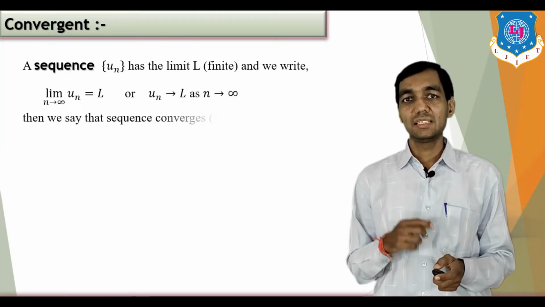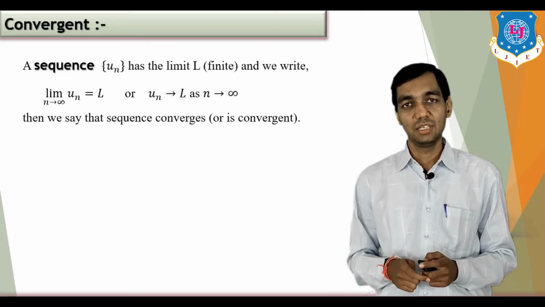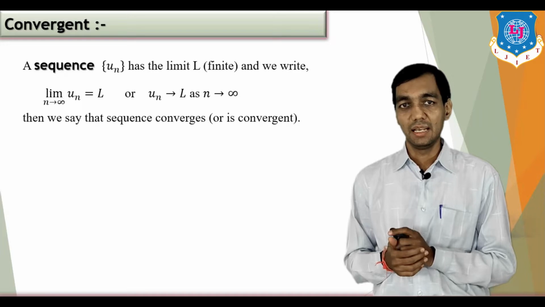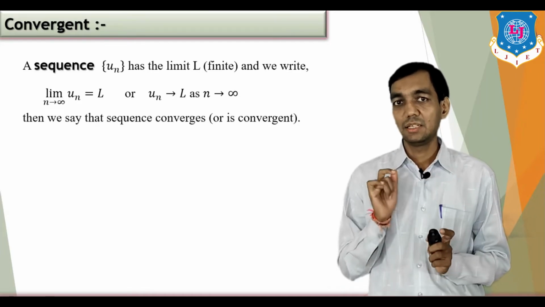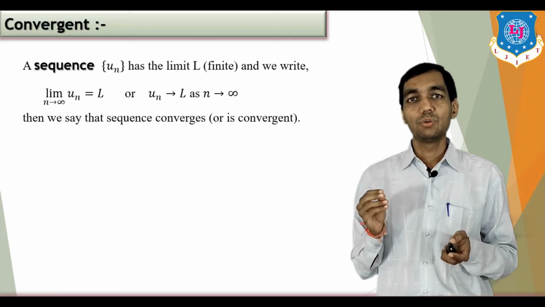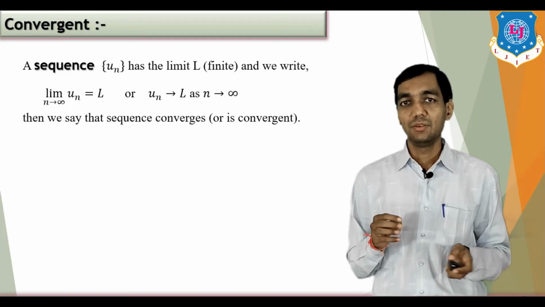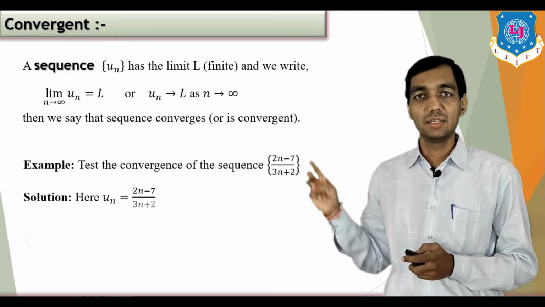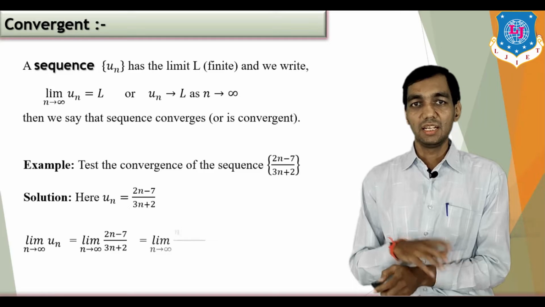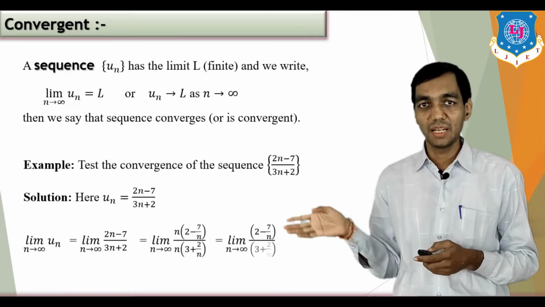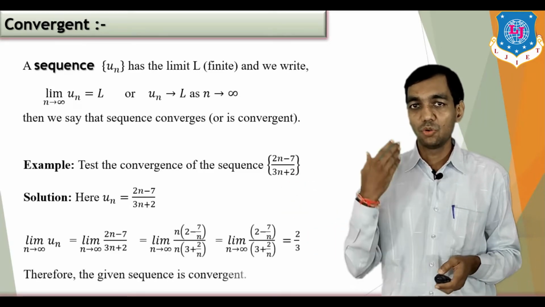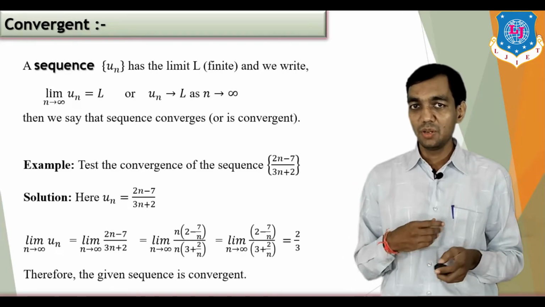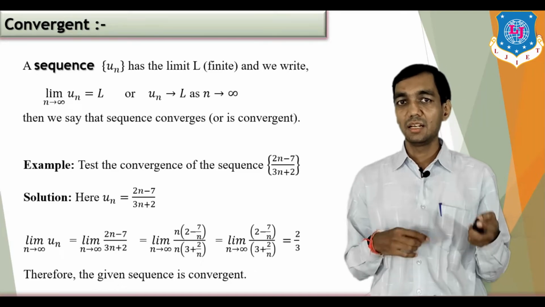Now the next topic is the convergence of a sequence. For convergence, if the limit of the sequence un exists and is finite, then the sequence is said to be convergent. Now we are going to check out one example. Here we have taken the example 2n minus 7 upon 3n plus 2. That means un is equal to 2n minus 7 upon 3n plus 2. For convergence you have to find the limit of the nth term un. So we are going to apply the limit to the nth term un,